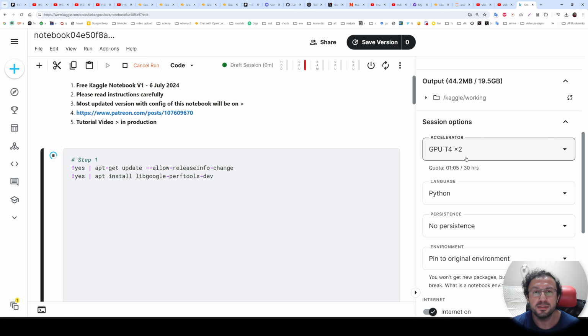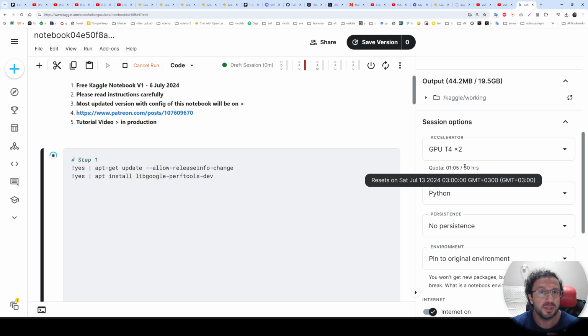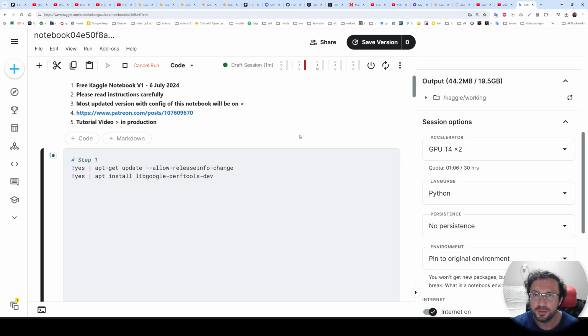So you are going to get 2x T4 GPU for free, 30 hours every week. This would cost a lot of money on cloud services, on Google Colab, on Runpod. So this is just amazing if you don't have money to pay for cloud services. So just wait for this cancel run button to disappear. And while this cell is being executed, you will see this icon here.